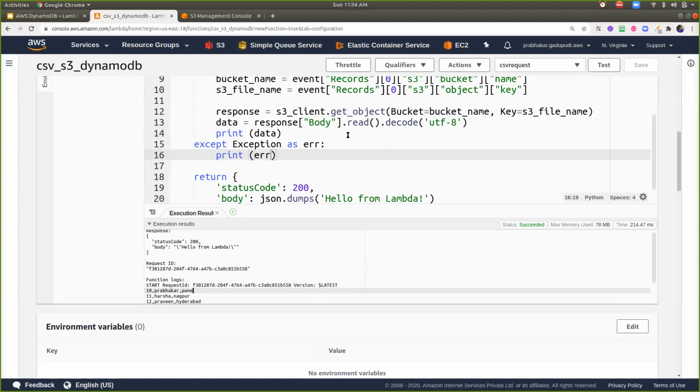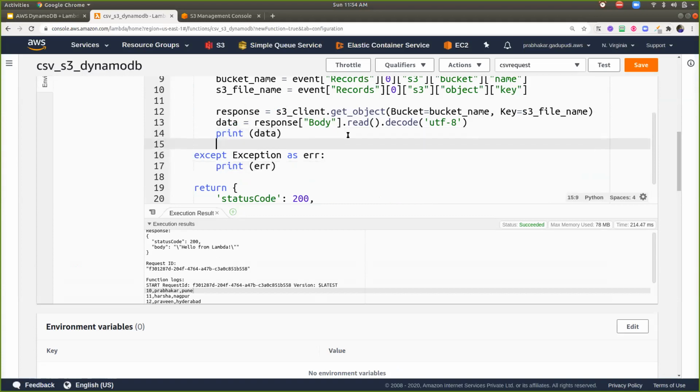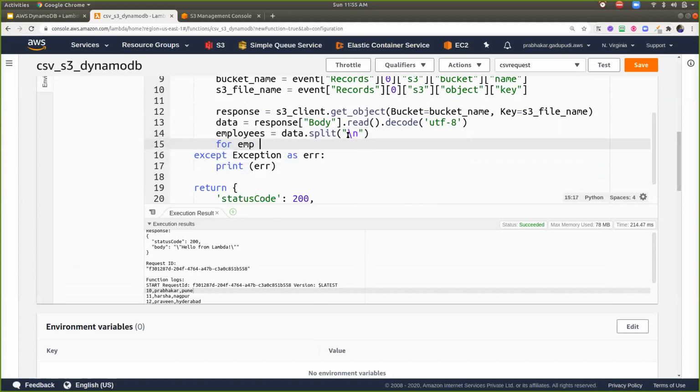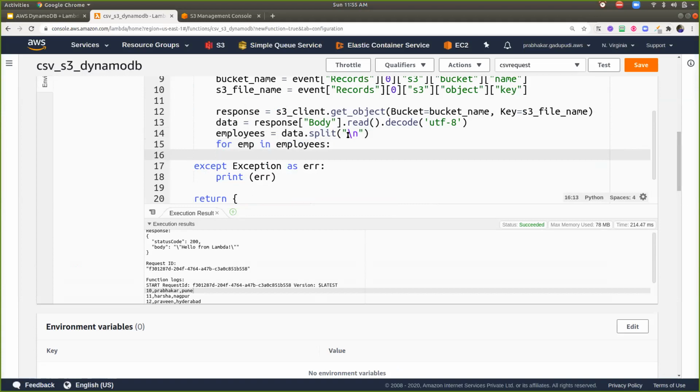This data I'm going to assign to employees, and I can say data dot split slash n. Okay, so for emp in employees, and here I'm going to use print emp. Okay, and now again save the changes and test the changes.